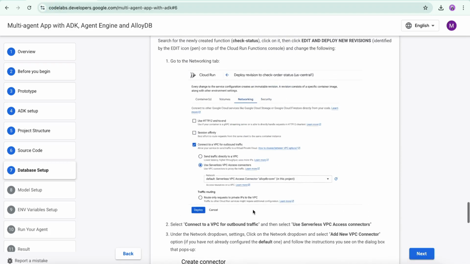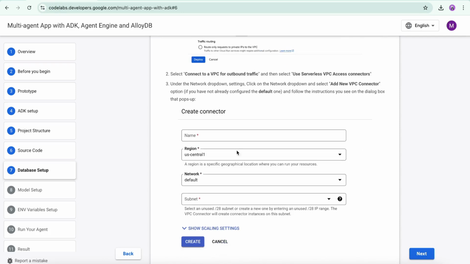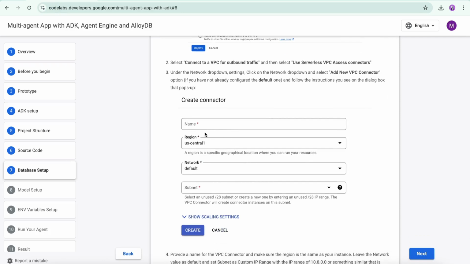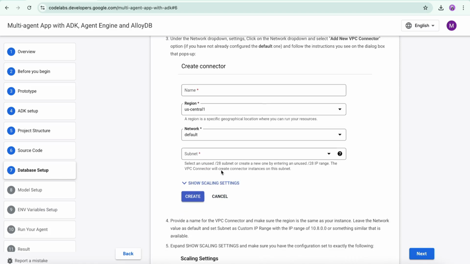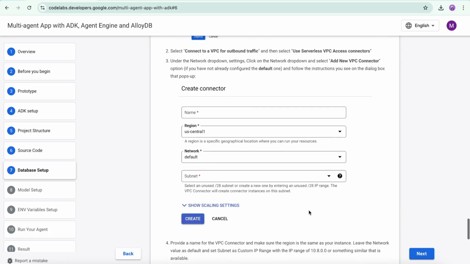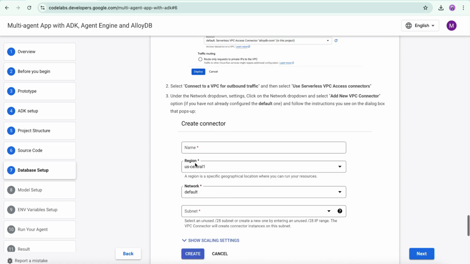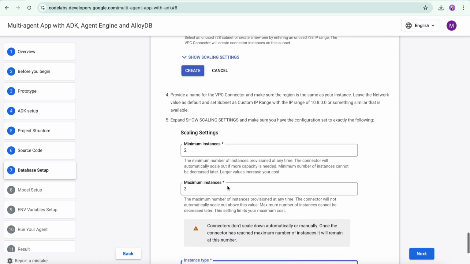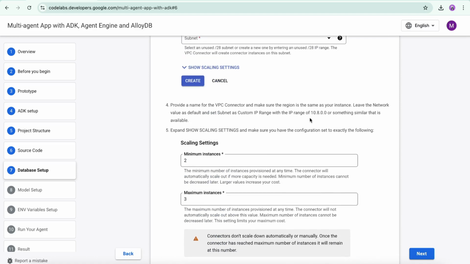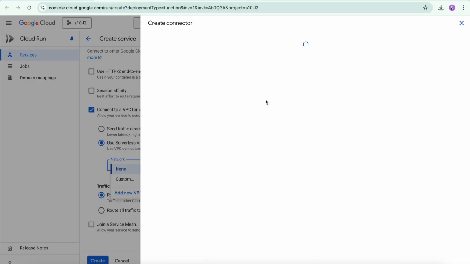How you can create a connector is like this. You can name the connector anything that you want, but let's keep it the same as your instance and make sure it is in the same region as the instance. So in our case, we will leave it to US-Central 1, leave the network to be default, and also select the IP range within 10.8.0.0 or something similar. So what we can do once we have the API enabled,